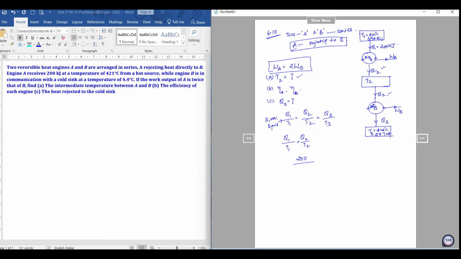Now Q1 by T1, so Q1 is 200 kilojoules, and T1 is 421, right? Q1 by T1 equal to Q2 by T2. We don't know Q2 and we also don't know T2. But I can write my T2 equal to